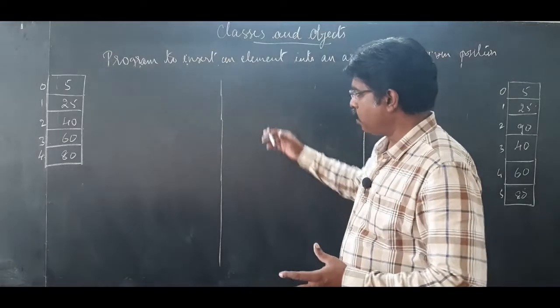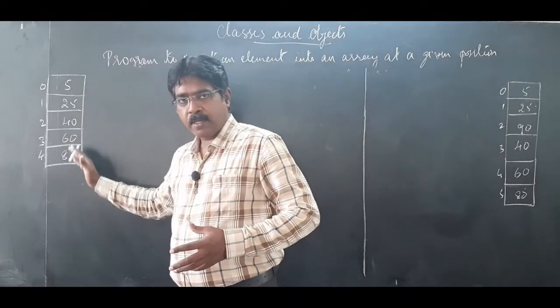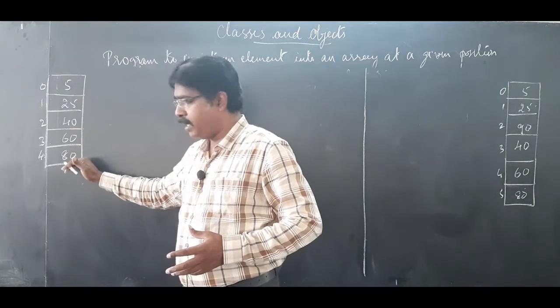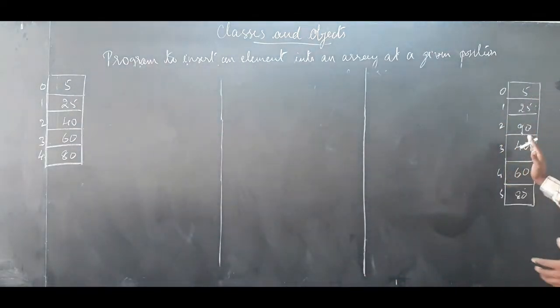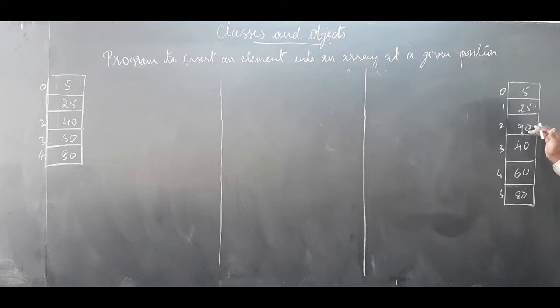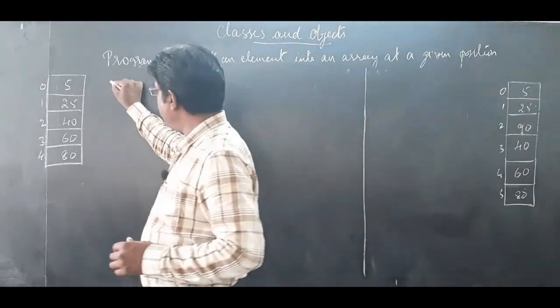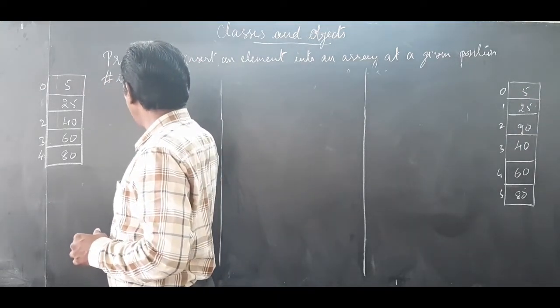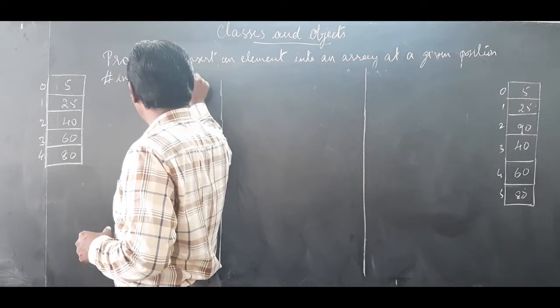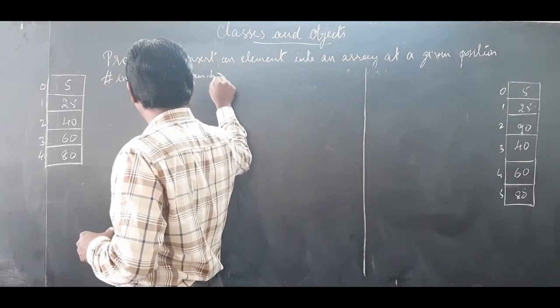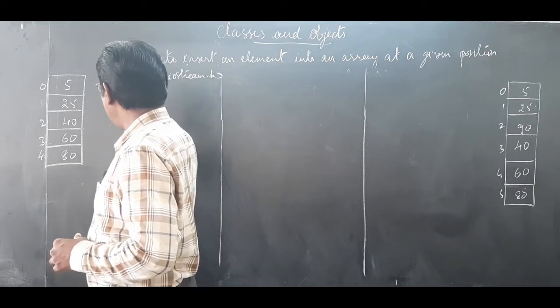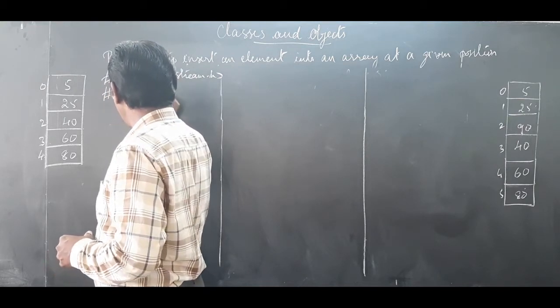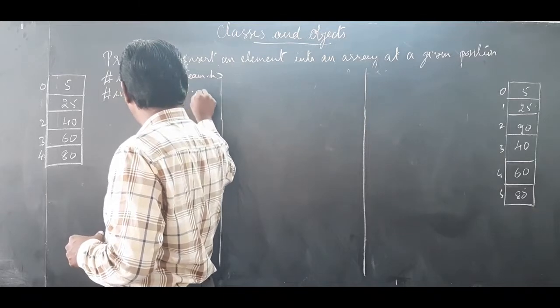Before I could continue with the coding part, I have taken the input array 5, 25, 40, 60 and 80. Here I got the resulting array 5, 25, 90. You know that 90 was the element to be inserted, so I have taken 90, 40, 60 and 80. To begin the program, you know we need to begin with the preprocessor directives: #include iostream.h for our input and output stream, then #include conio to use clrscr,